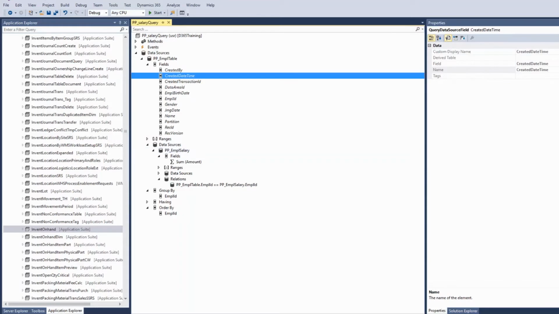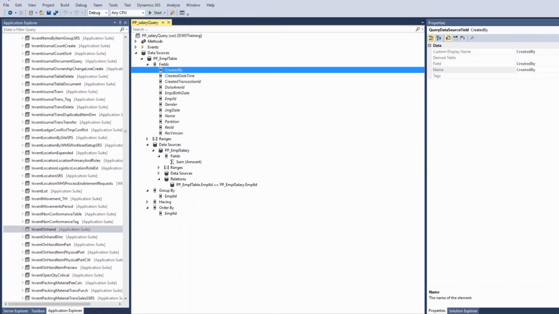Now we can see how we can use it. We can use the same query in a view also. We will see this in our next video, how to use the query in a view. Now I will demonstrate how to use the static query in code. This is our static query, and we can use it anywhere in our program. So let me use this query in our runnable class and run it to see how the data comes.